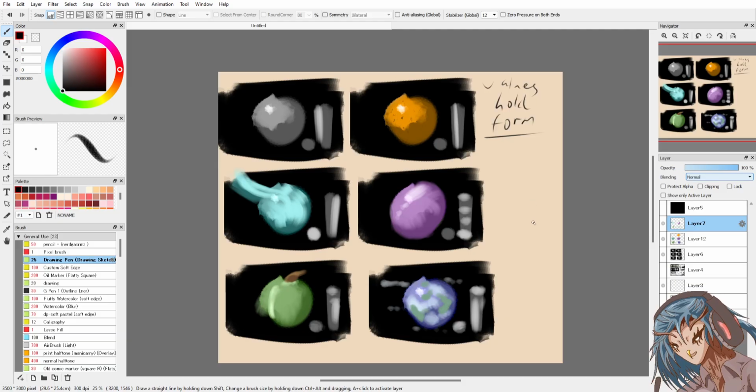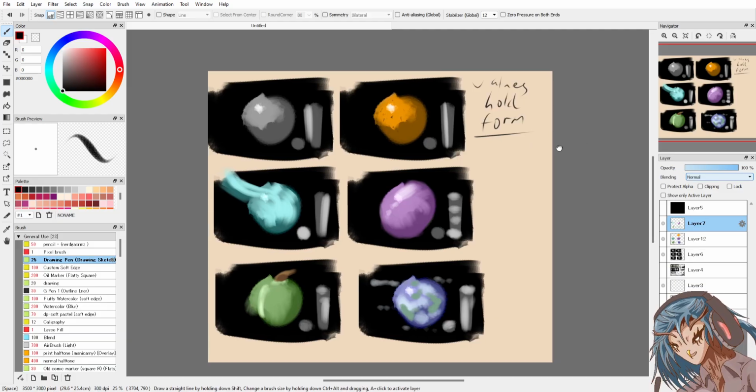Values give us readability. Values allow us to see. That's why they're so important. We can't see it to begin with unless values are there. Values is step one, always.